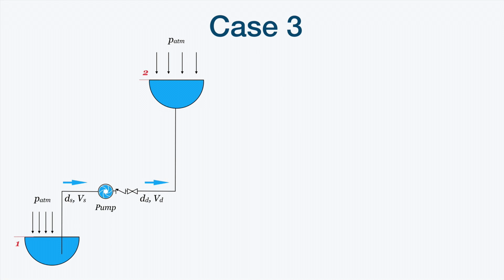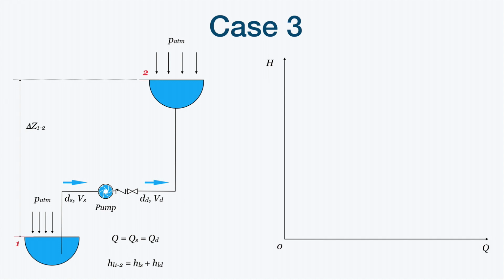So section 1 will be located matching the liquid surface, where the atmospheric pressure is acting. This would be the difference in geodetic head, delta Z 1.2. The same will happen for flow rate and pressure losses, since this system is in series. And to draw the graphic, we will do the same: select a fixed value of flow rate,